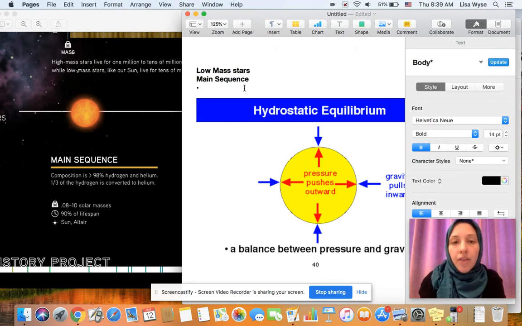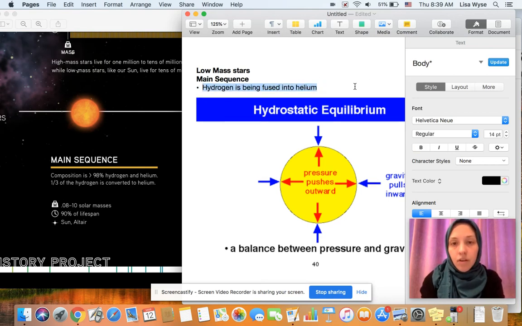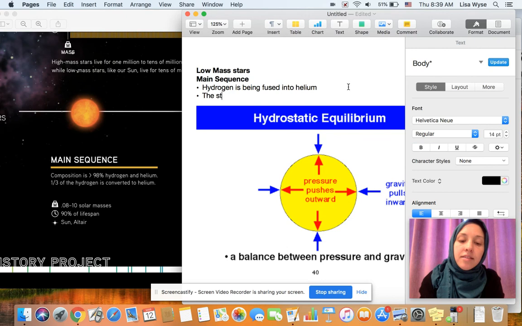We need to know that hydrogen is being fused into helium. Okay, and the star has balanced forces. We'll just say balanced forces between